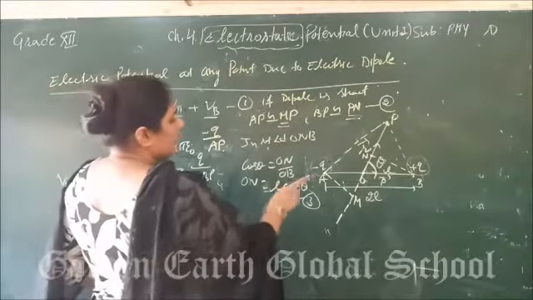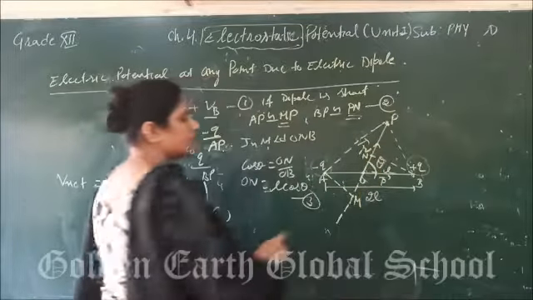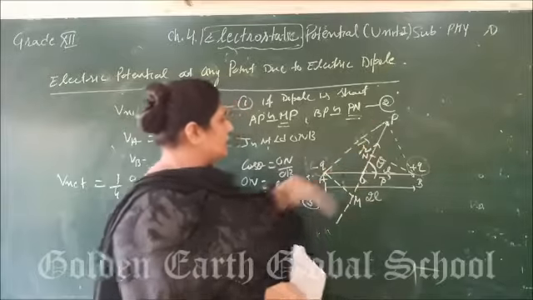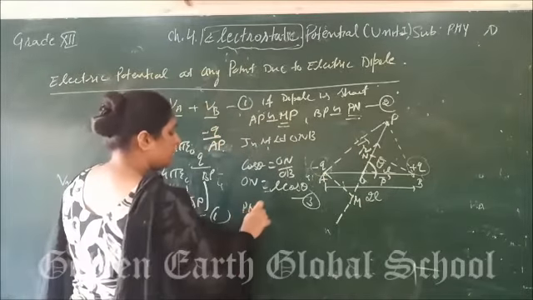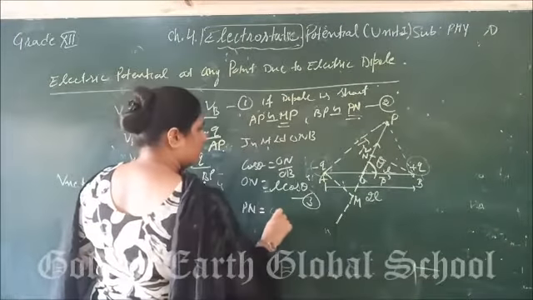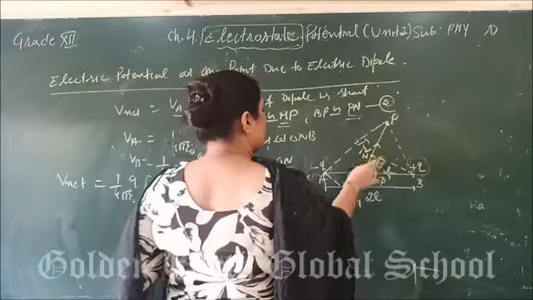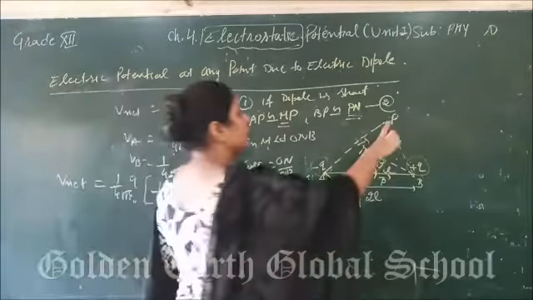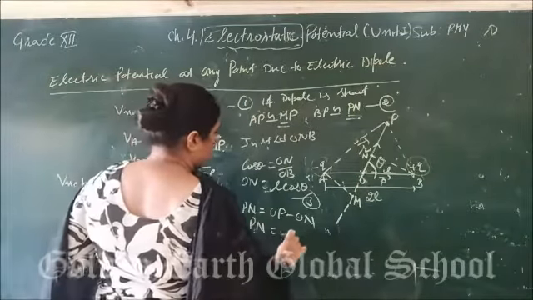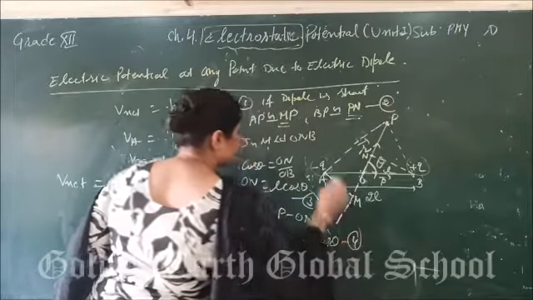Next, we have to calculate the distance PM. So firstly we are going to calculate the distance PN. We can write here PN is equal to OP minus ON. This total is the OP. If ON is subtracted from here, you will get the PN. Then PN will be R minus L cos theta. Name it equation number 4.